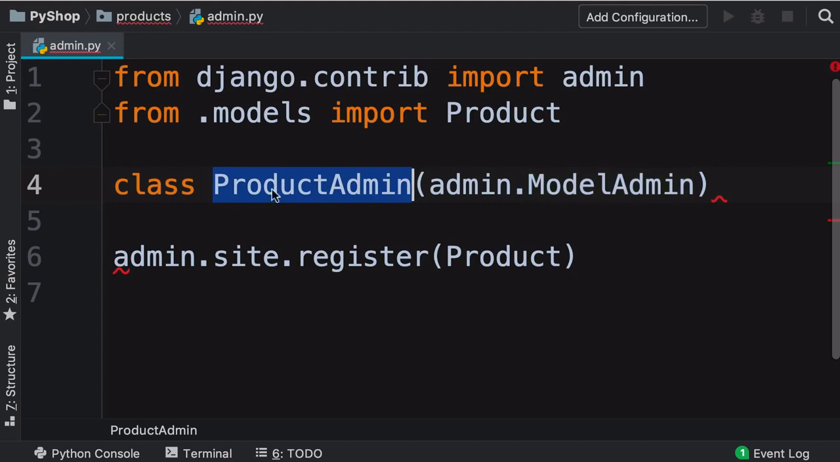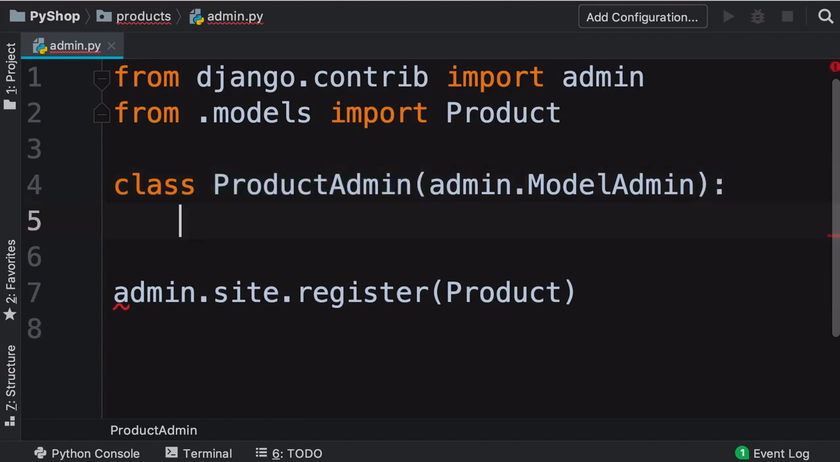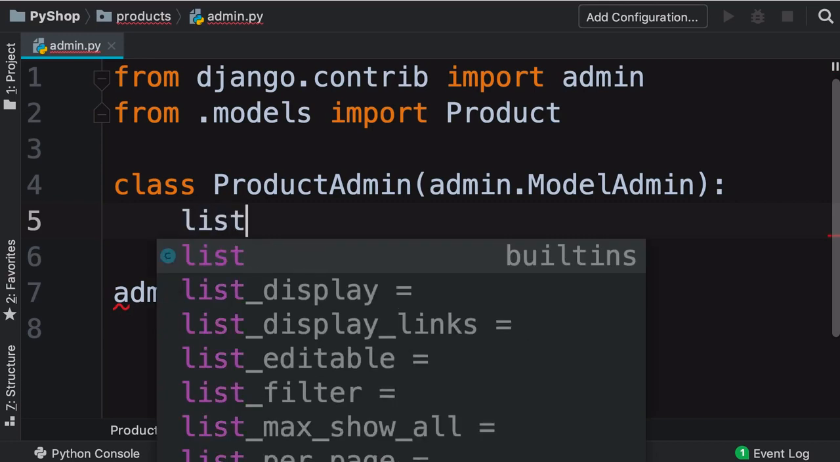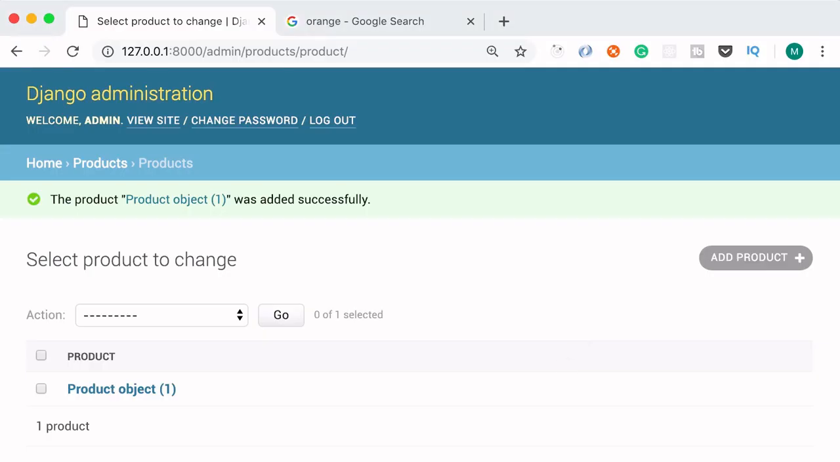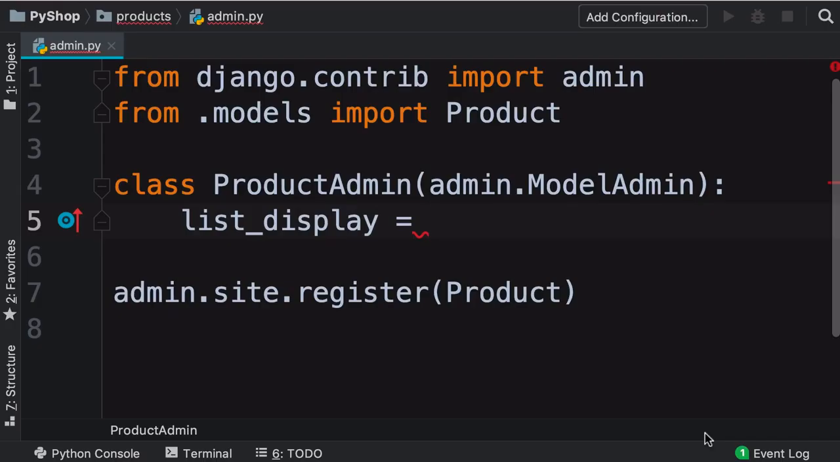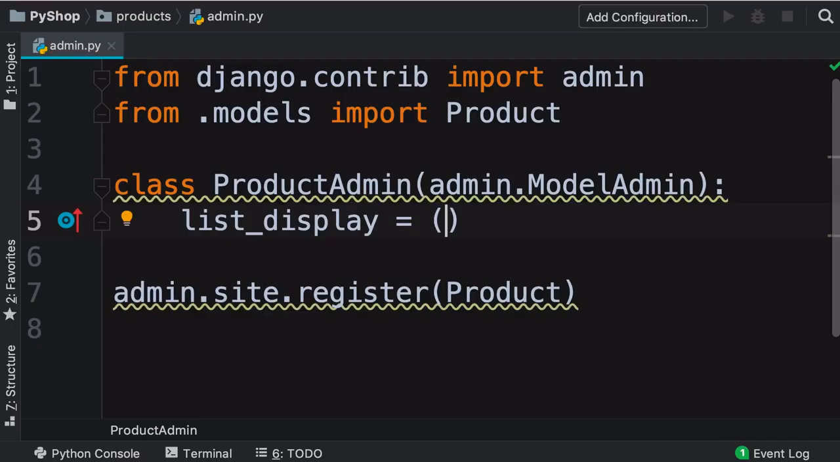So by deriving this class from the ModelAdmin, this class inherits all this common functionality. Now, in the body of this class, we can override or change some of this functionality or attributes. For example, in this class, we have an attribute called list_display, and this attribute specifies the columns that should be visible in this table. So we set this to a tuple, and in this tuple, we add one or more attributes of our product